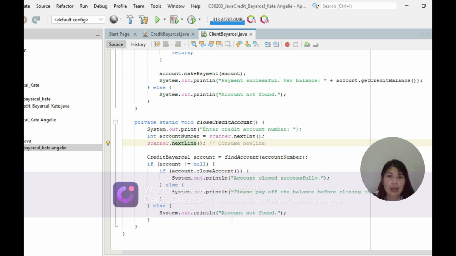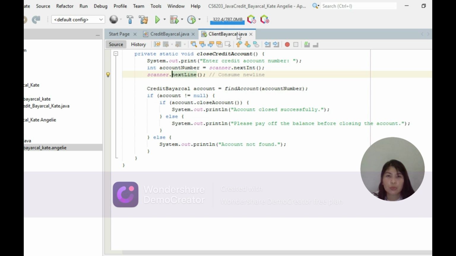Else, the account not found. If you again put an invalid account number, and then if you still have a balance on your credit, you cannot close your account or credit account. So what you need to do is to pay off first the whole balance of your credit, and then you can close your account.